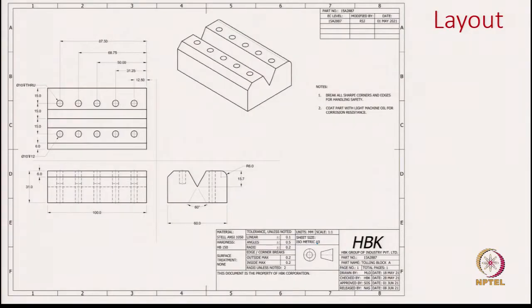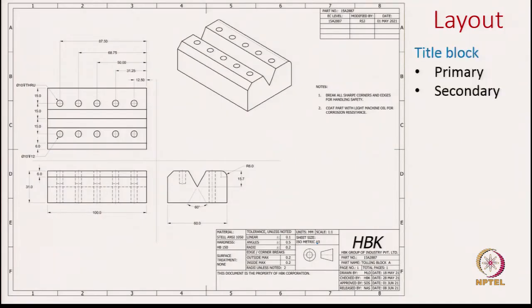Okay. So, we have looked at different kinds of drawing sheets and the scale you will choose to depict your object. Now, let us look at layout. So, what we see on this slide is a typical engineering drawing. As you can see, there is plenty of information. So, let us dig into it and see one at a time what are the various pieces of information this engineering drawing consists of.